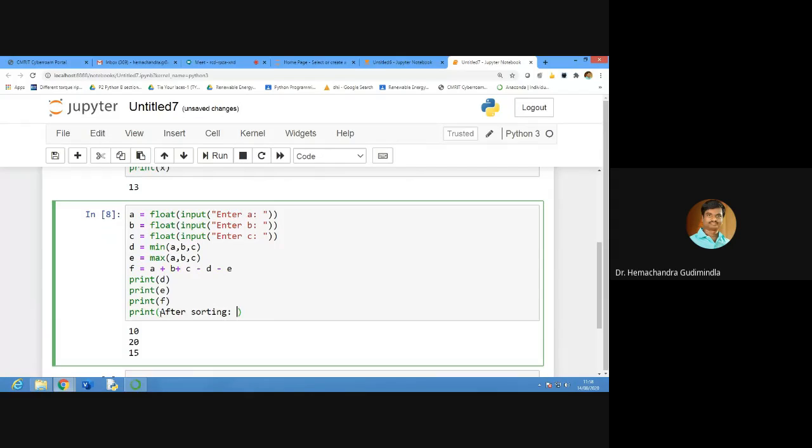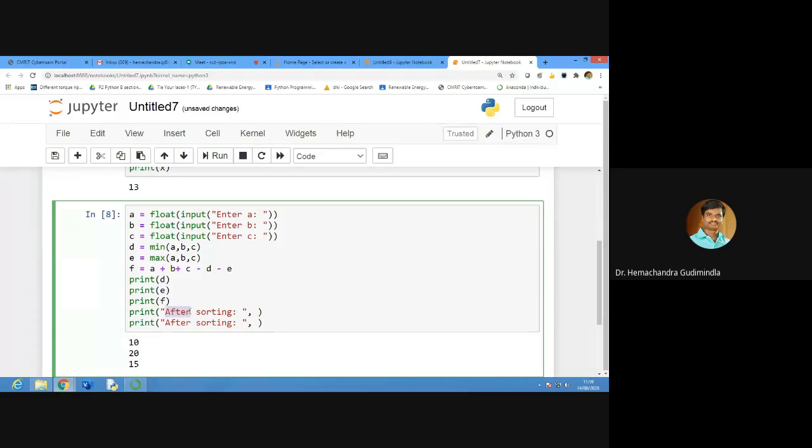Sorry, I need to include the double quote. After sorting, what is the answer? Do I write ABC or DEF? D, F, and E. Very good.